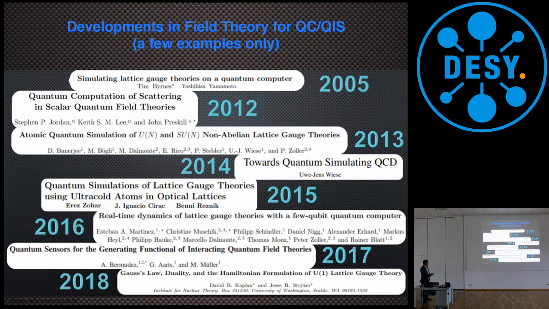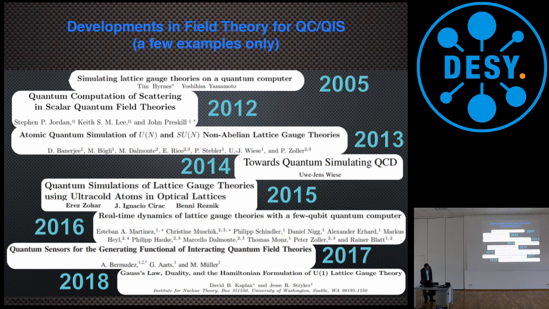The first paper, really thinking about simulating lattice gauge theory on a quantum computer, was by Tim Byrnes and Yamamoto from 2005, and then there was a sequence of papers from John Preskill and Stephen Jordan and Keith Lee, and recently this has just grown exponentially in the number of papers. This is because the promise of actually getting these systems onto hardware and doing real quantum field theory calculations is a real